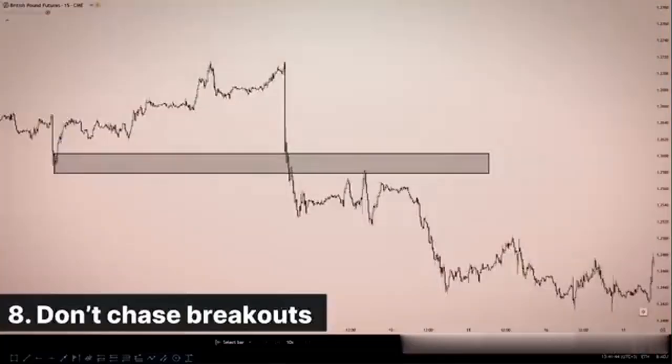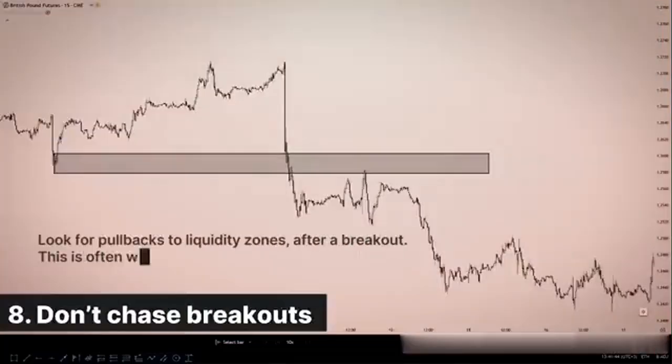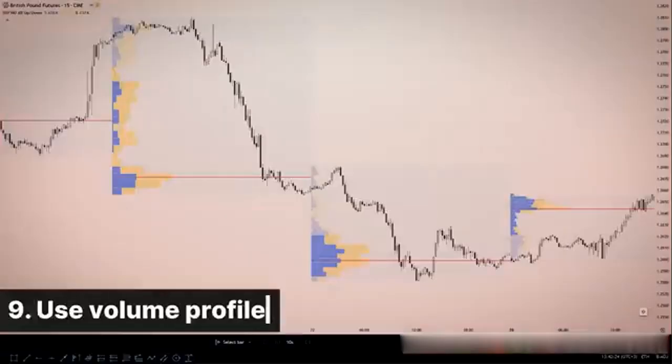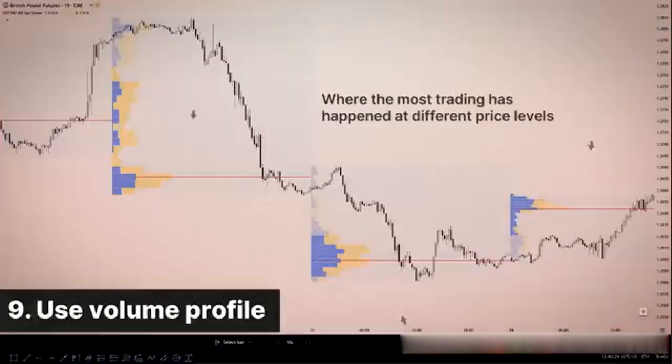Many traders jump on breakouts only to get burnt. Instead, look for pullbacks to liquidity zones after a breakout. This is often where smart money enters. Use volume profile. This tool shows you where the most trading has happened at different price levels. High volume nodes often act as strong liquidity areas,